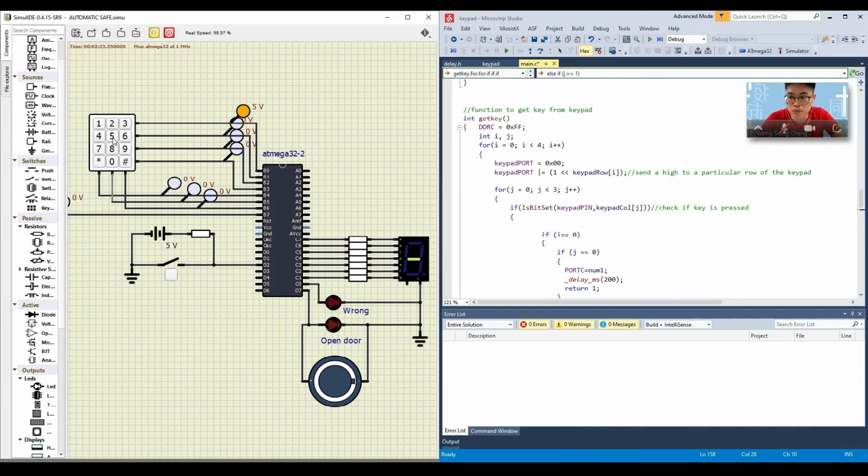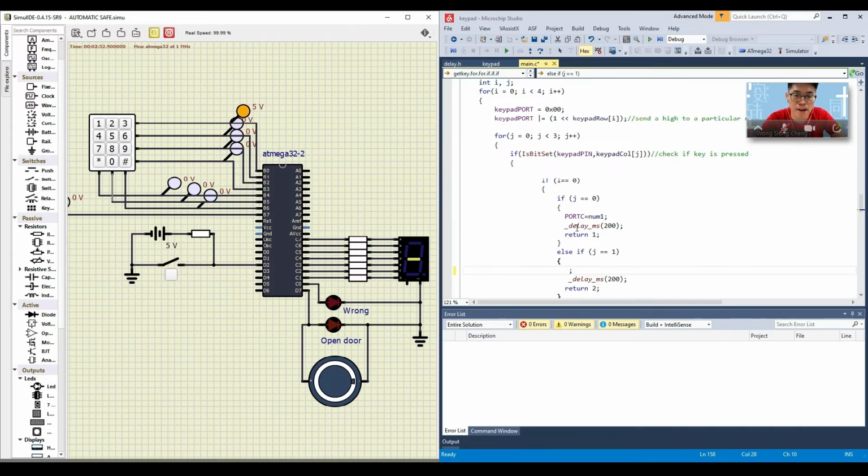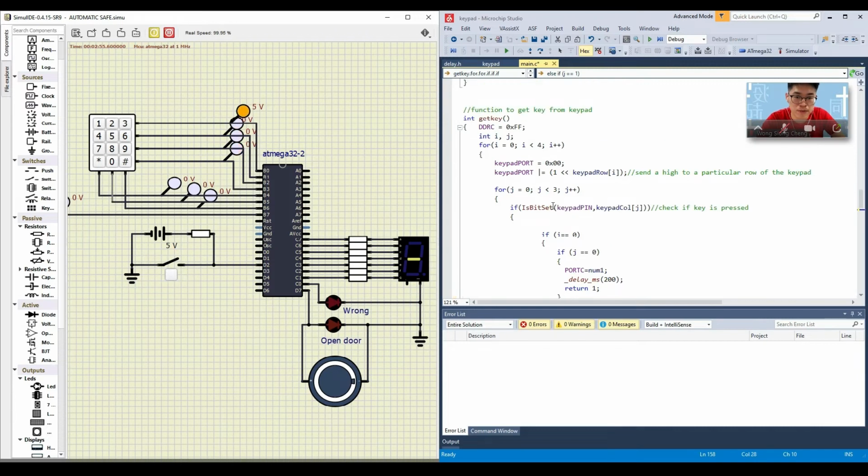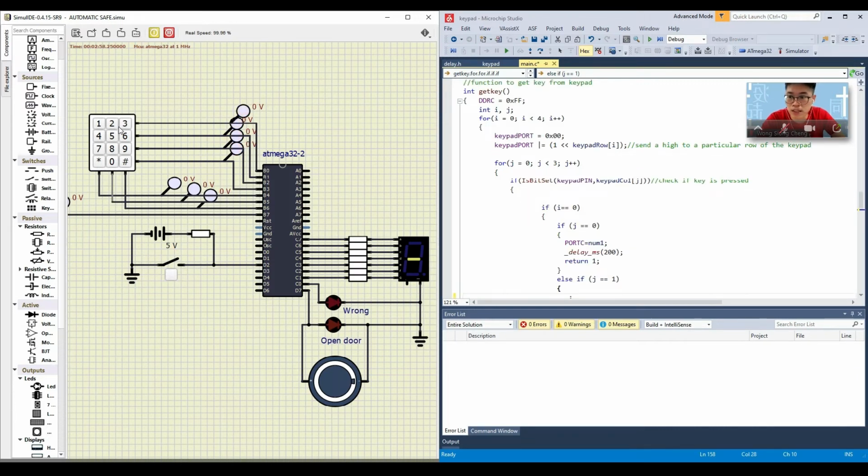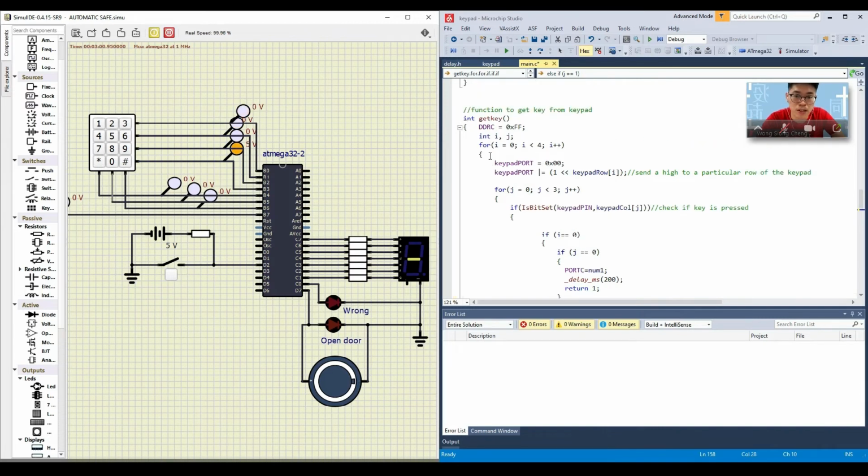If the key is being pressed, for example, I press 5, it will start at R2, R1 for the second row here. The 5 watt will flow inside the second column here, and the C1, which goes to the B5 pin, will detect the input high. After processing inside the program here, that means for the second row, second column, second row is